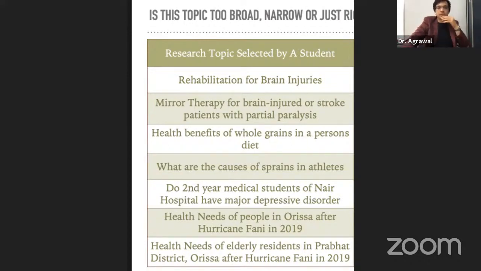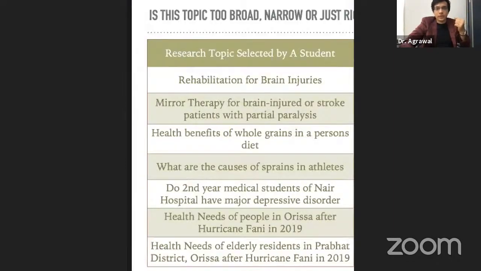So health benefits of whole grains in a person's diet is actually a very vague topic, right? Because you are not defining what sort of health benefits you're giving that person. What sort of whole grains are you using, even if you're using whole grains? And in a person, it can be anyone from, say, a child or someone who's above 60 or an elderly person, right? So it's not exactly a right topic. It is too broad because you're not answering the main questions of who, what, why, when, where, right? And